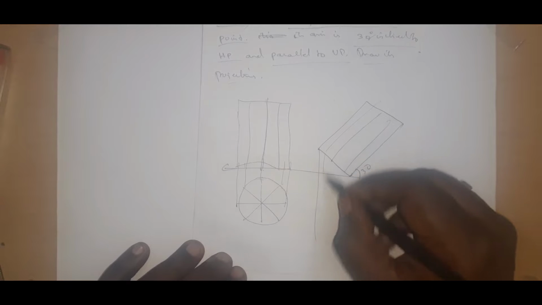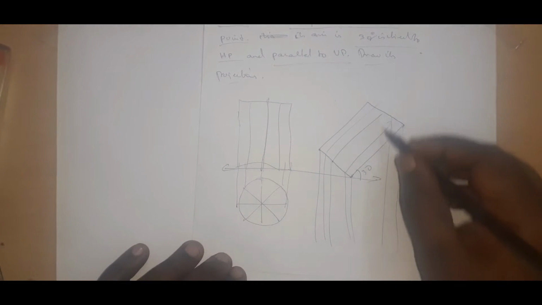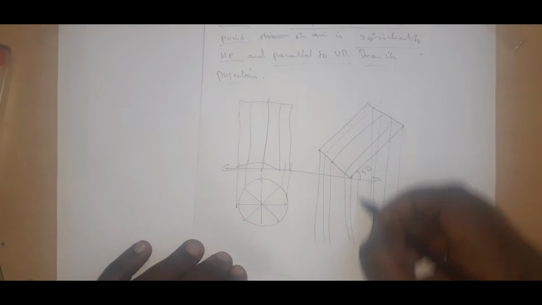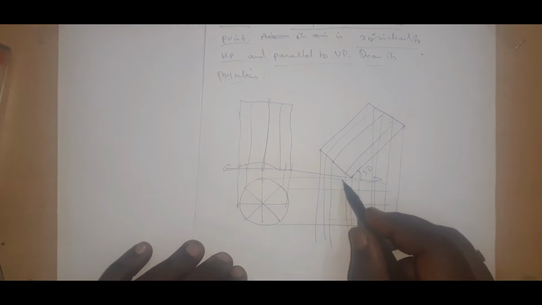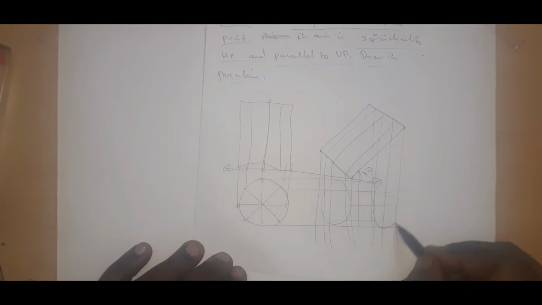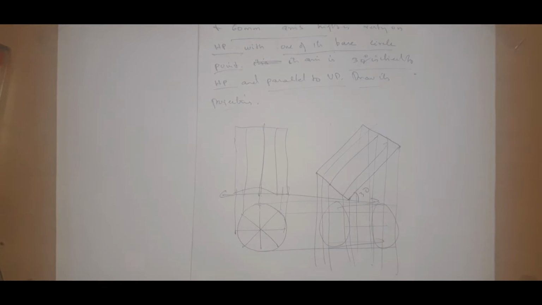Now we can project it as we did in the planes problem. We can project all the horizontal lines in this way. Also we can project the others. So here it will come in this order and here it will come in this order. Now we can complete this. So this is a way of doing it. This is a rough one. We can go to the main diagram here.